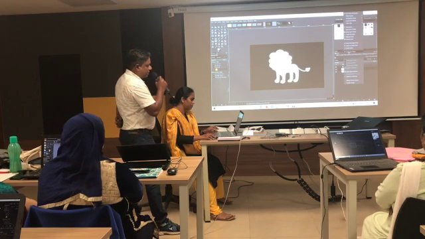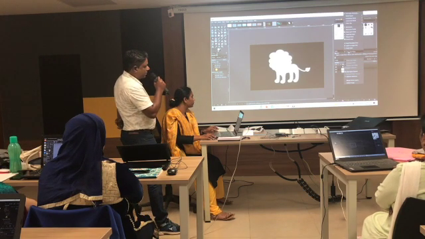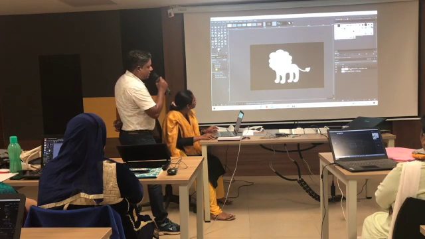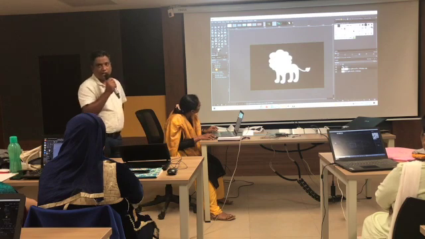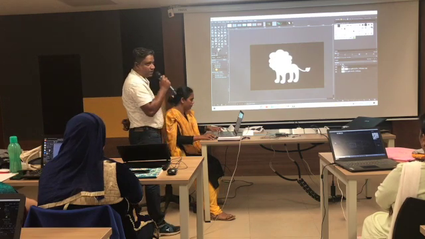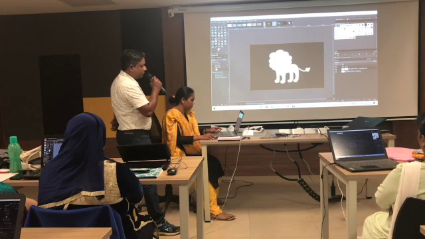Then right click on the layer, that is the second layer, and say add layer mask and say add. So by default it is white color, right? Then we need to copy the first layer. So copy it and paste it on the mask.